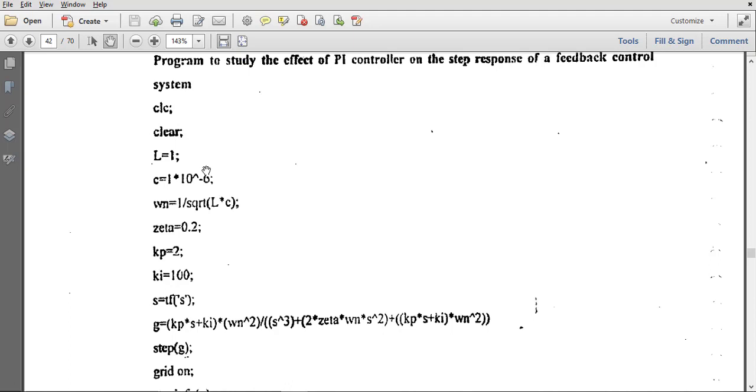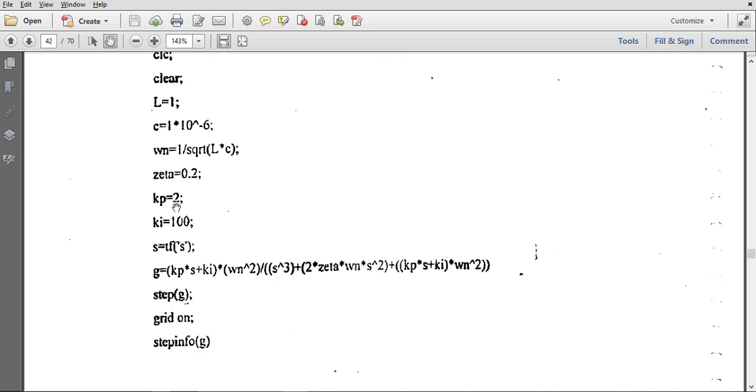The MATLAB program is exactly similar, only Ki is introduced and the transfer function changes. Let us see how this PI transfer function behaves in MATLAB.